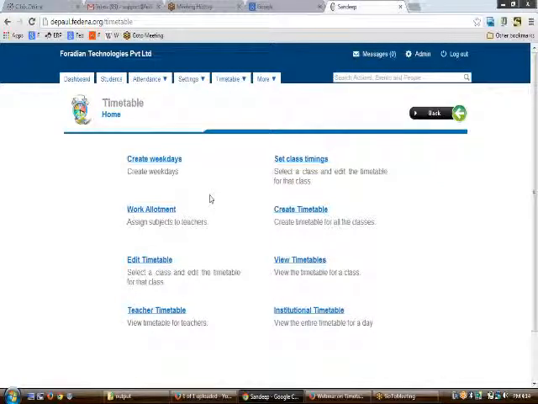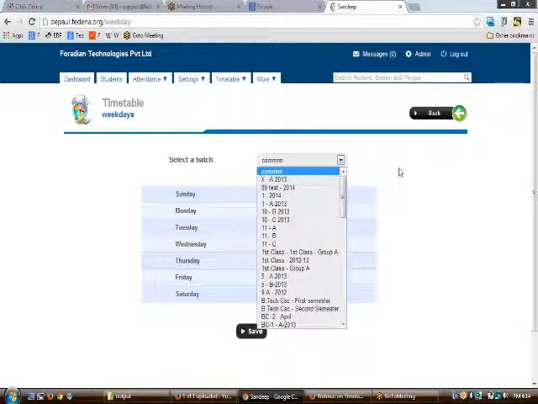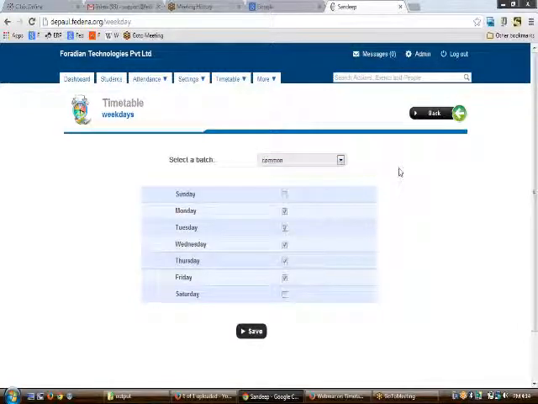To start off with, you need to create the weekdays first of all. Weekdays can be created common to all batches, or they can be different for different batches too. So let us say that the weekdays for all of the batches in your school follow the same setup.